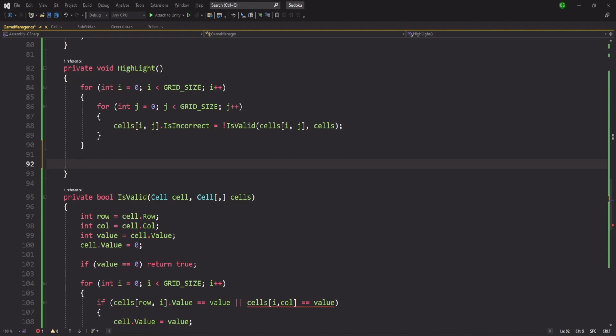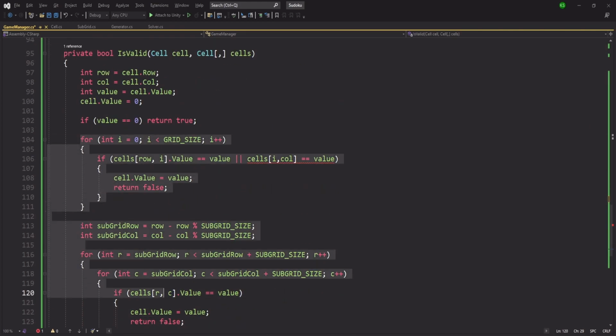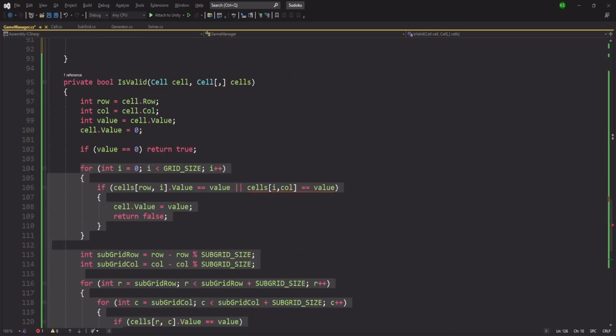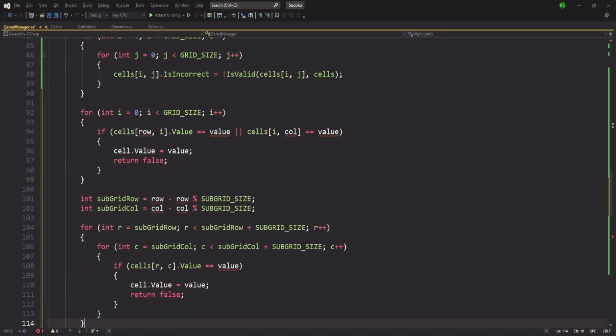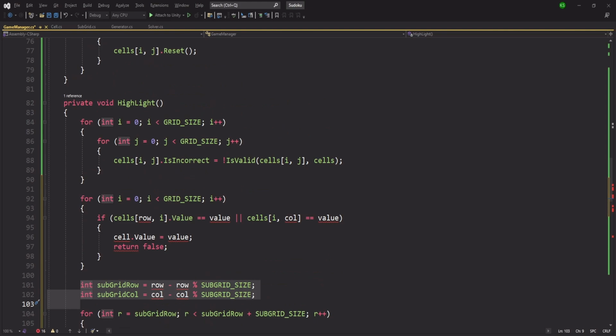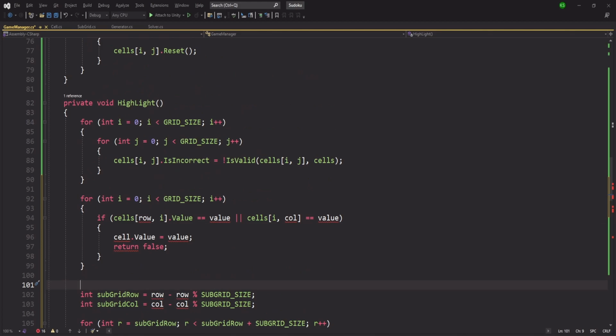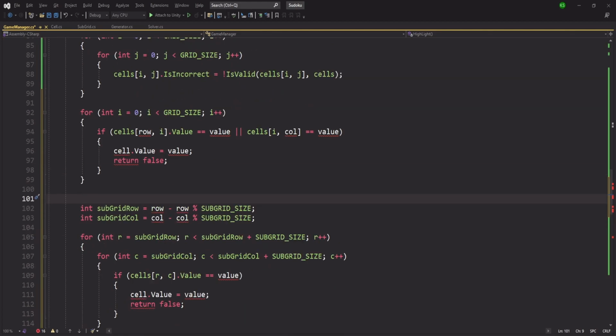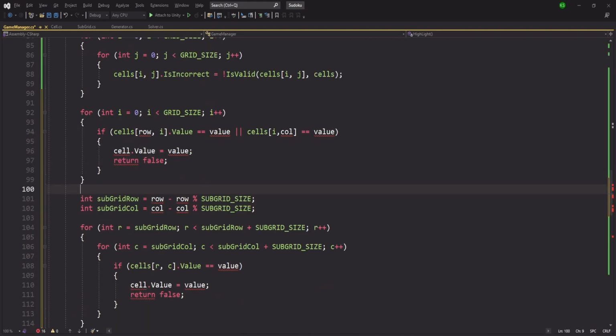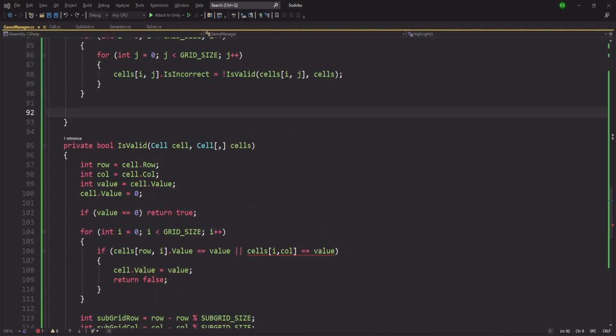We'll need to highlight, we are going to use the same loop, so let's pass it here. Okay, it's not going to suffice, so I'll just need to code it up. So what we are going to highlight,